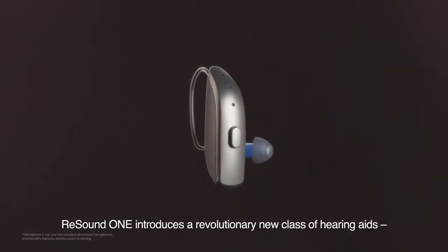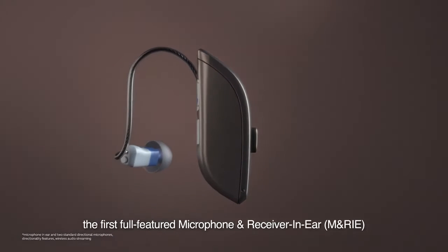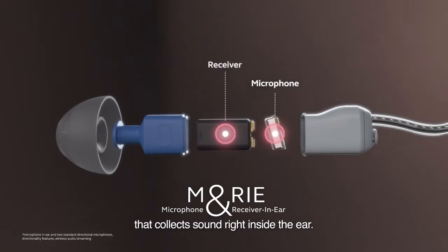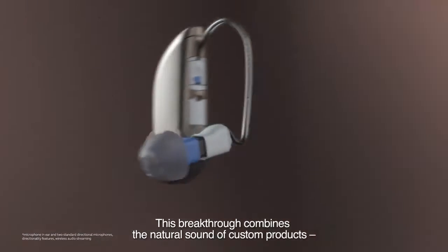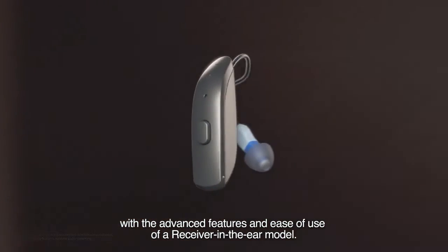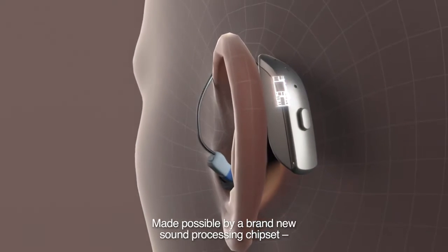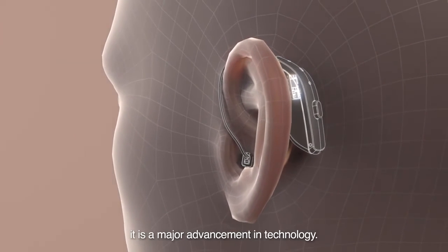ReSound ONE introduces a revolutionary new class of hearing aids. The first full-featured microphone and receiver in-ear, M&RIE, that collects sound right inside the ear. This breakthrough combines the natural sound of custom products with the advanced features and ease of use of a receiver-in-ear model. Made possible by a brand new sound processing chipset and feedback management system, it's a major advancement in